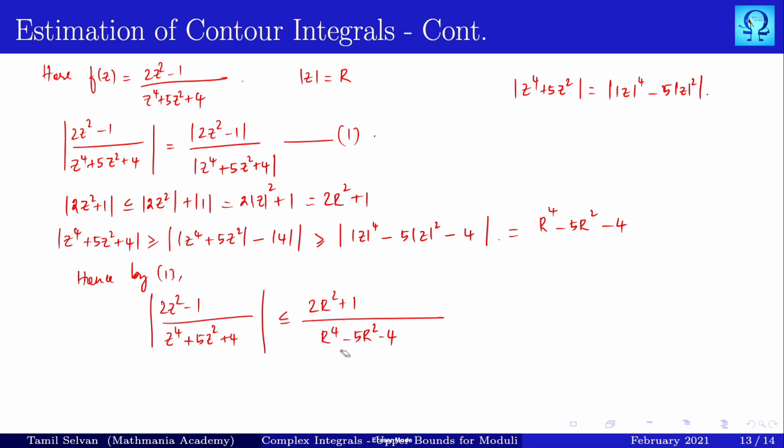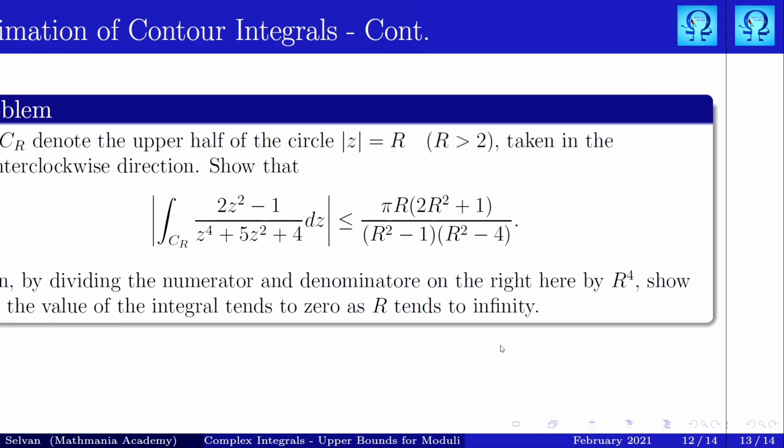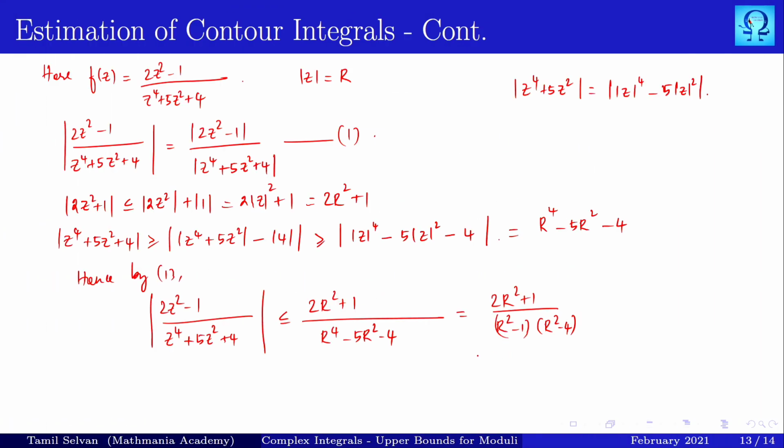And this quantity they have split into two terms, that is r squared minus 1 multiplied with r squared minus 4. We get these values. So if we find the value of L, that is the length of C, since we are given a semicircle, it is 1 upon 2 times 2 pi r. So it is simply pi r, with which we conclude